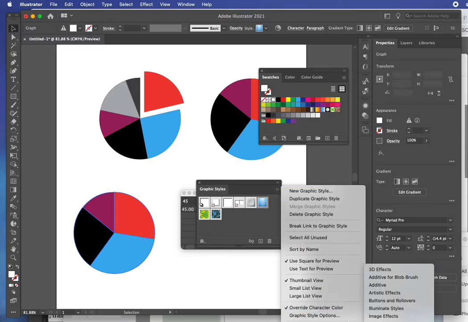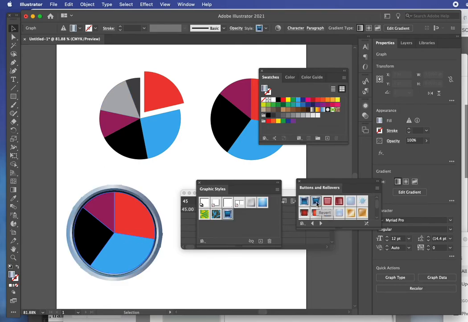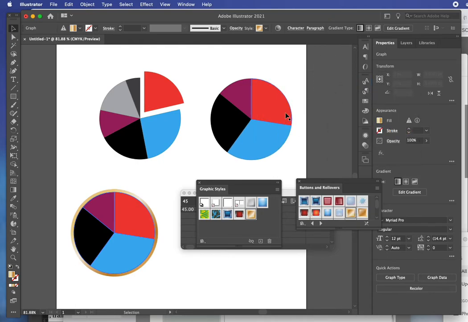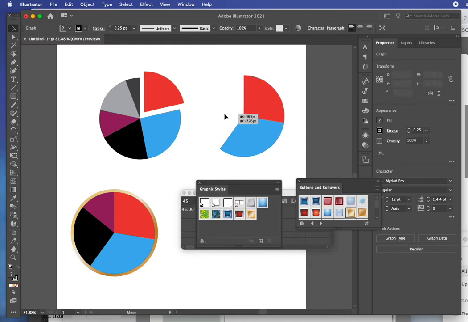Let's try buttons and rollovers. That looks nothing special. But if you go exploring, you can find graphic styles that can work. The other thing that works nicely with these, I think, is 3D. And I think 3D in Illustrator generally is less satisfying than 3D in Photoshop, but